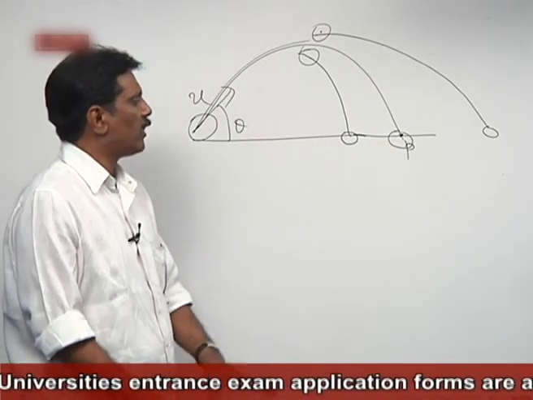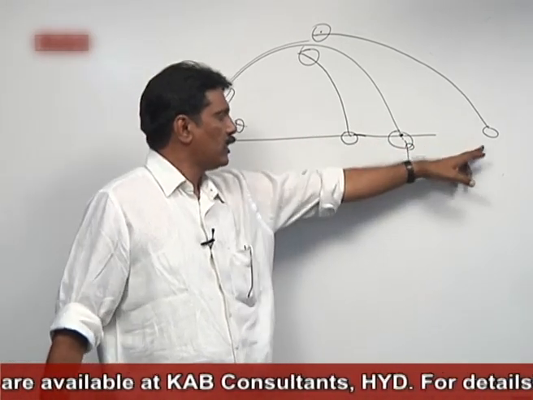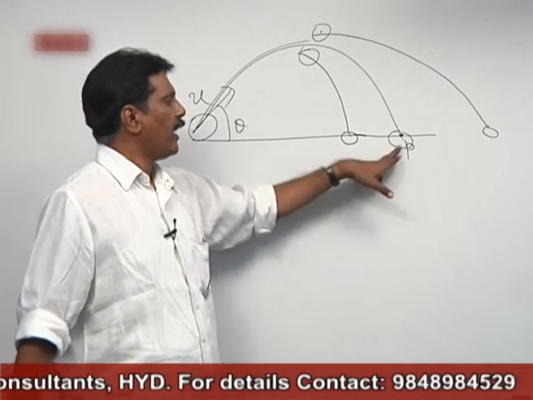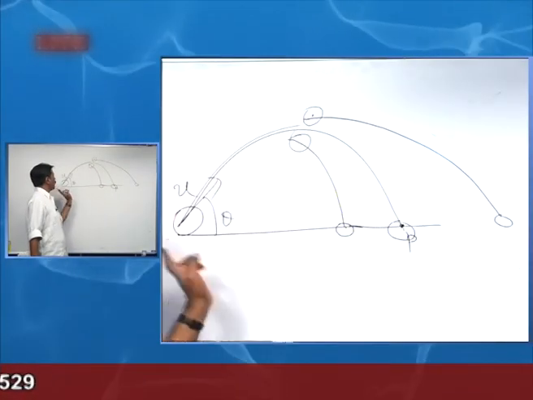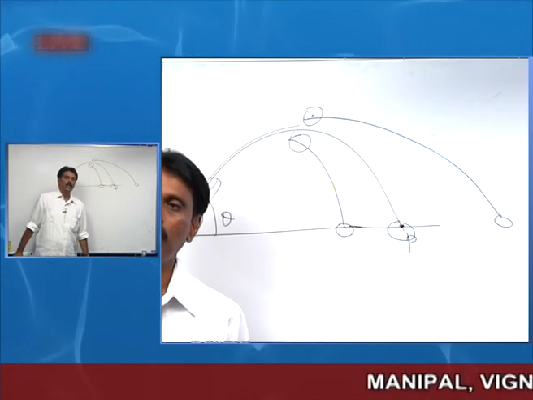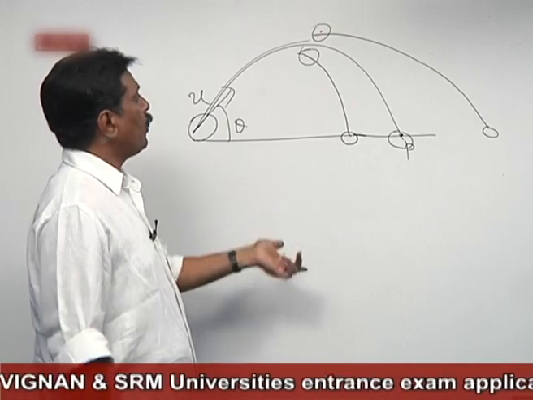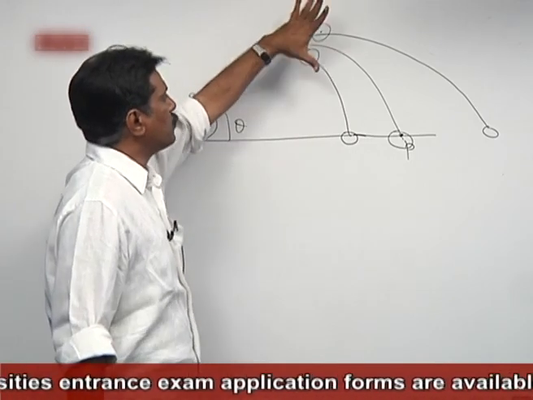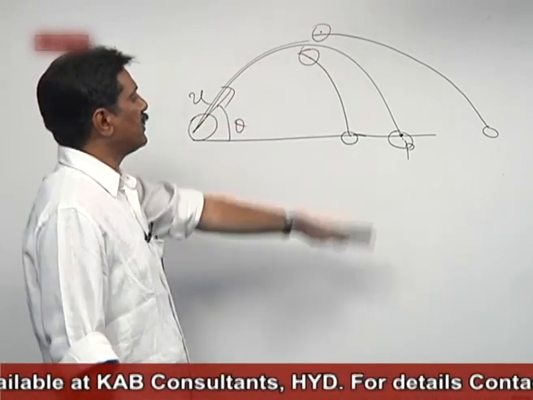If you calculate the center of mass for these two fragments after reaching the earth, the center of mass must be located at the same point where the center of mass is located when the body traveled without exploding or without splitting. That means there will be no effect of this splitting, because the splitting here is an internal reaction. It doesn't have any effect on the center of mass.